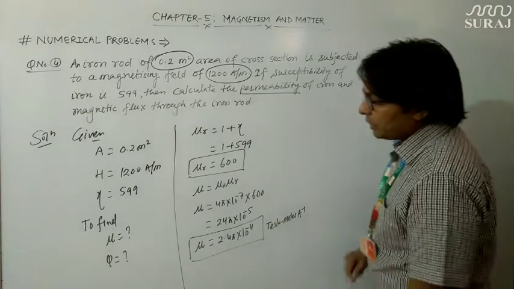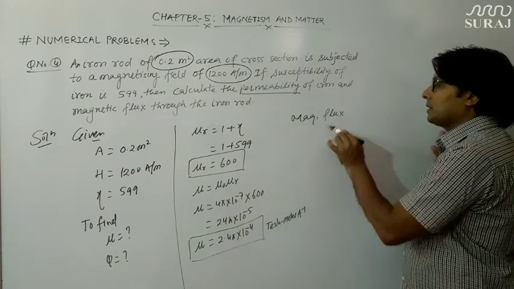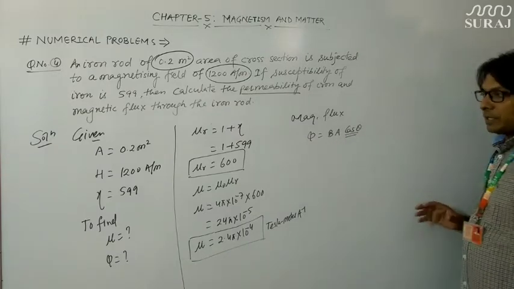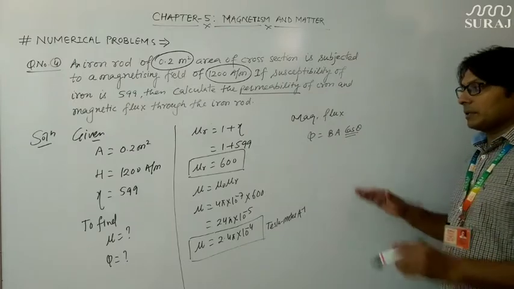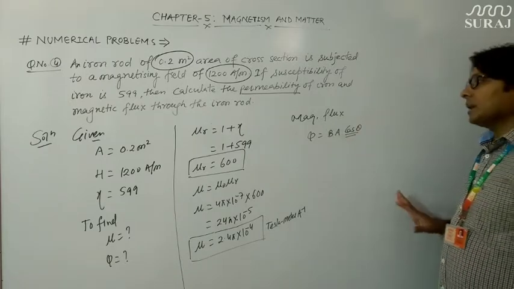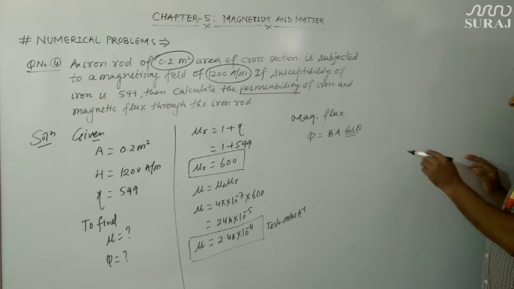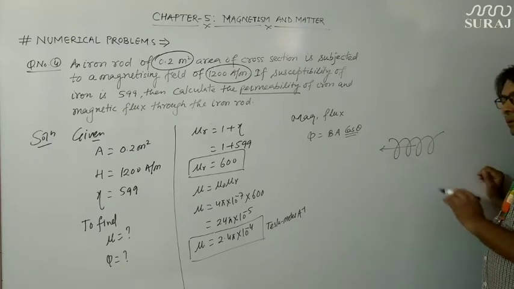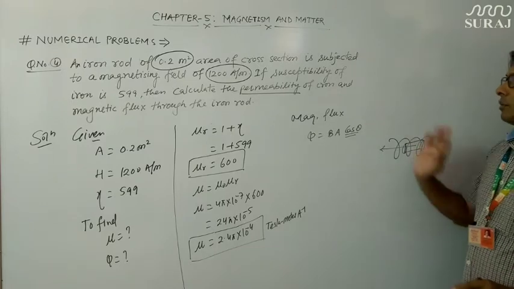Second we have to find out the magnetic flux. So magnetic flux can be written as phi is equals to BA cos theta, although theta is 0 here, because we have to find out the magnetic flux through the iron rod, and definitely the magnetic field developed and the direction of the cross section area will be in the same direction, because this iron rod is subjected to the magnetizing field with the help of solenoid, and if it is kept in the solenoid, then definitely the magnetic field will be in this direction, and the cross section area also will be in this direction. So that's why we will put here theta as 0.